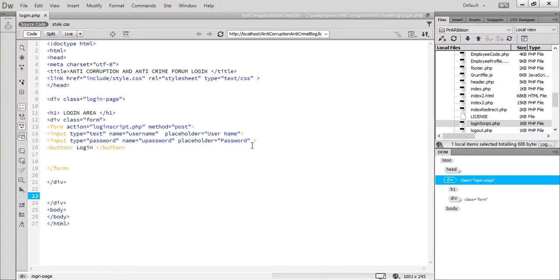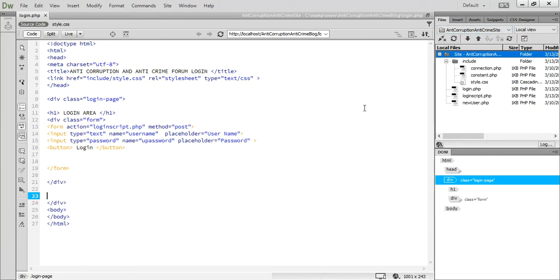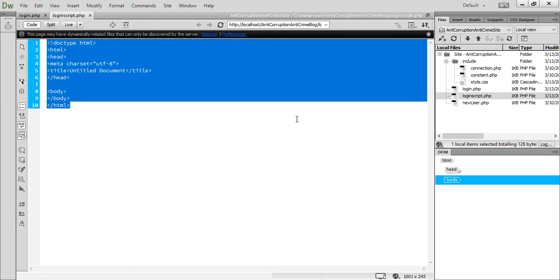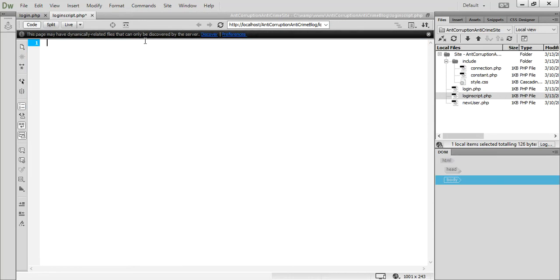So first of all, we go and click on our project, and that was the file name loginscript.php. I just delete all those codes and use PHP coding, and in this PHP file, first of all I create a connection: I will use include and connection.php. After that